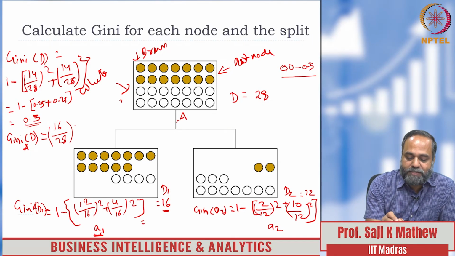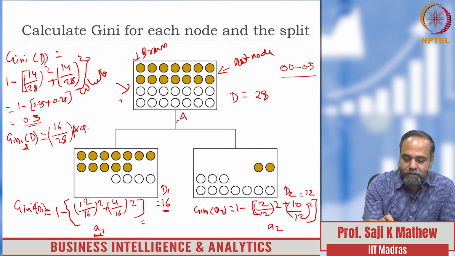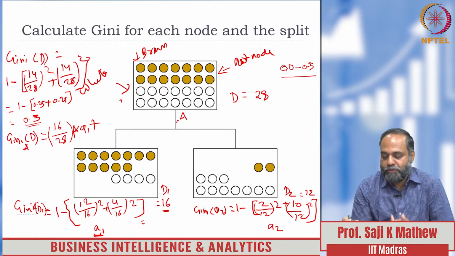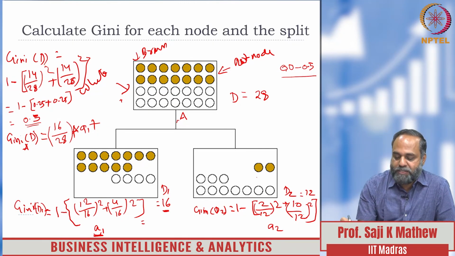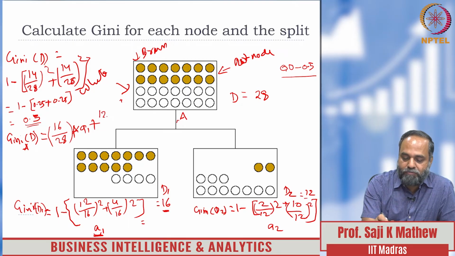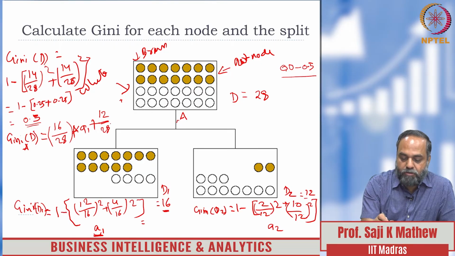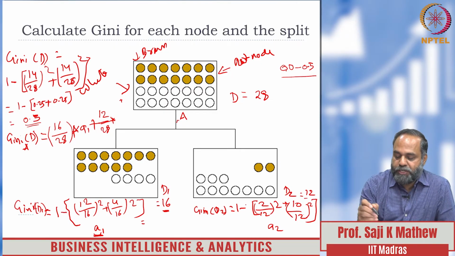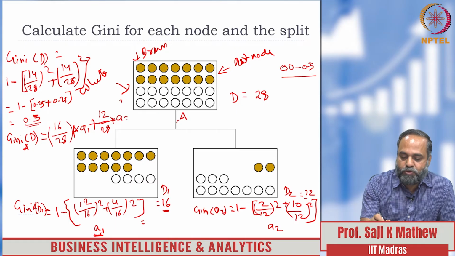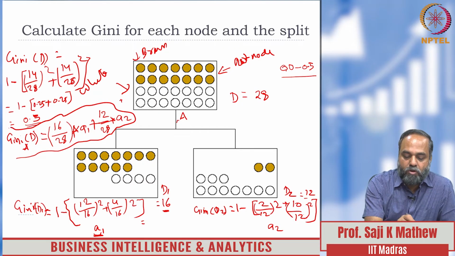The left node has 16 members, there is no squaring there, that is the weight of it, into the Gini score of D1, which is A1, plus, now we come to the right side. What is the relative size or the weight that we should give here? Size is 12, so 12 divided by 28 into the Gini score of the right node, A2. This will be the value of the split,